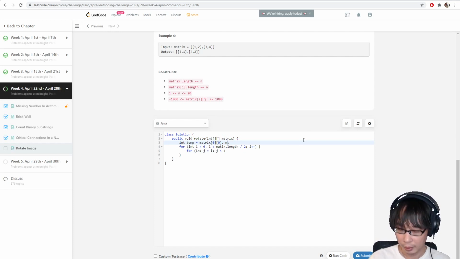So n equals matrix.length, and m equals matrix[0].length. So let's change this to n, and the length will be